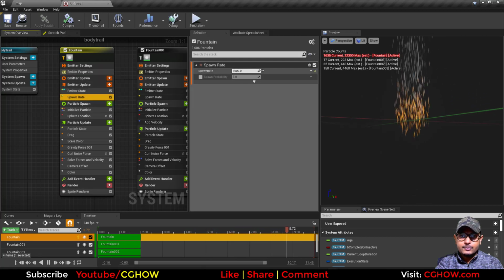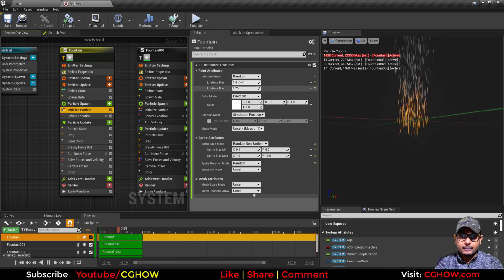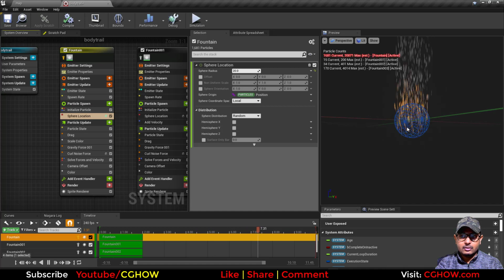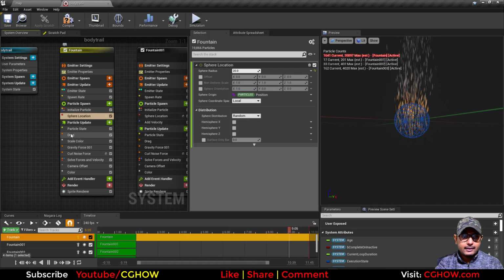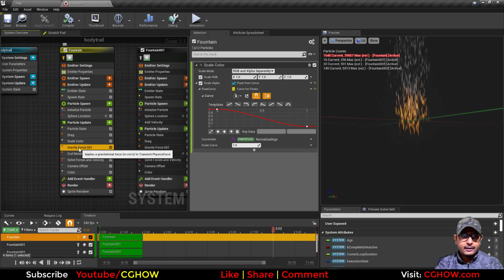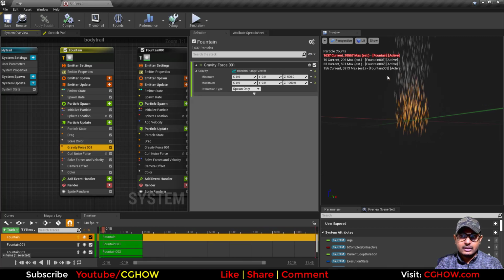GPU particle spawning 1000 particles, random life, random size, and sphere location. This is my location, and then some drag, scale over life, and color alpha is scaling over life, and gravity upwards, these are going up.